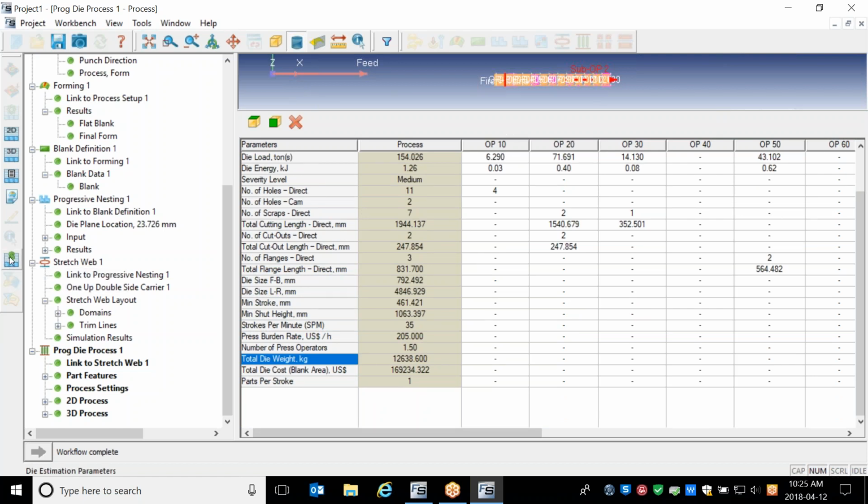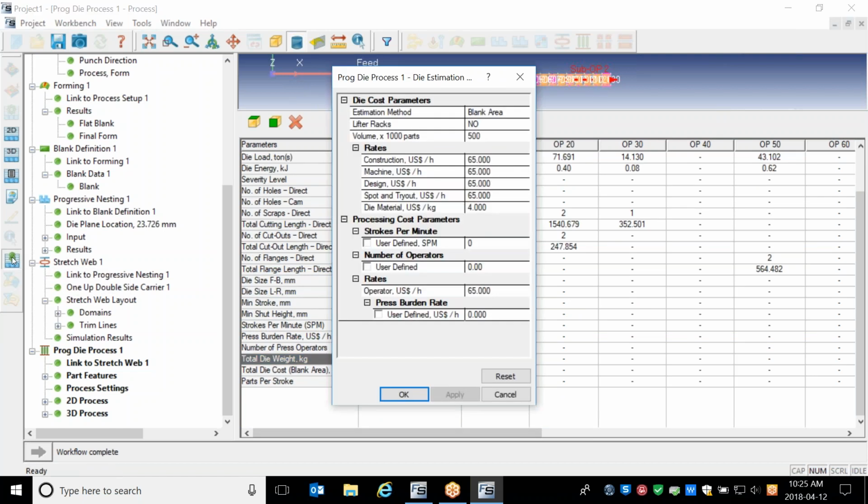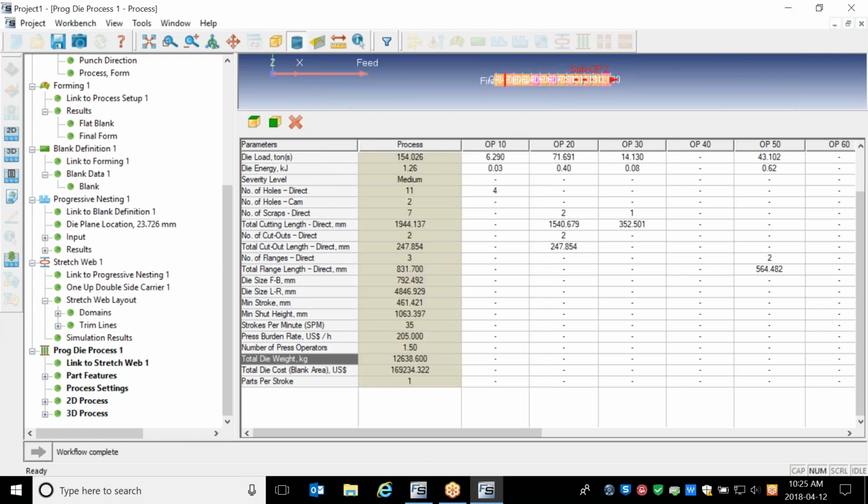We also have the ability to edit some of our costing parameters. So things like the labor rates, the die material. You can override calculated strokes per minute and enter strokes per minute. Number of operators, same thing, as well as your burden rate. Once we've done that, we can now look at